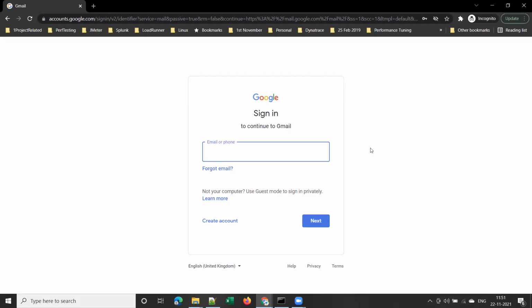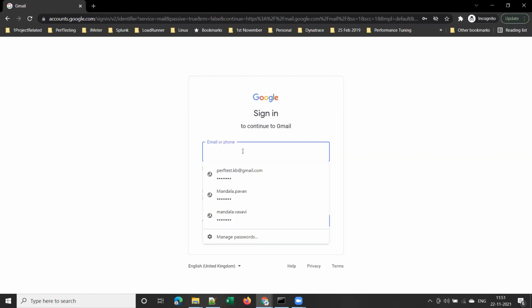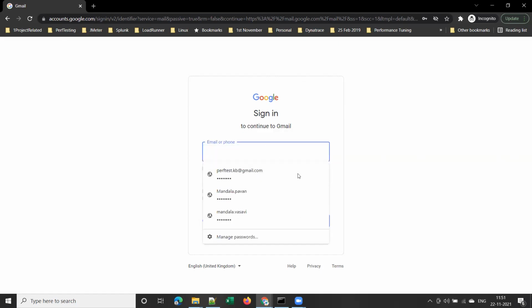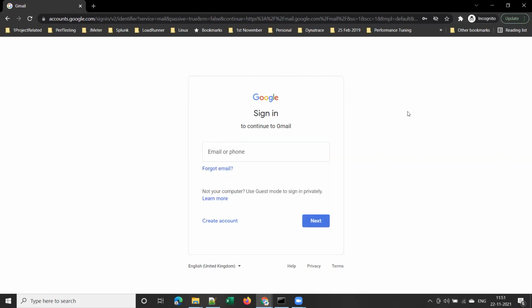UI means user interface, this is what we see, right? So this window designing and this text box and this next button. The next button should be in blue color. This text should again be in blue color, and so on. And there will be some font to maintain, right? So some team will be developing the UI, and some team of developers will be working on the backend, right? Clear, guys?